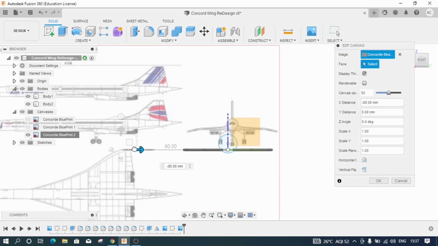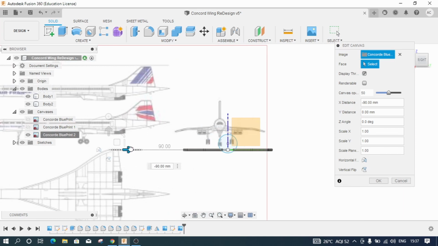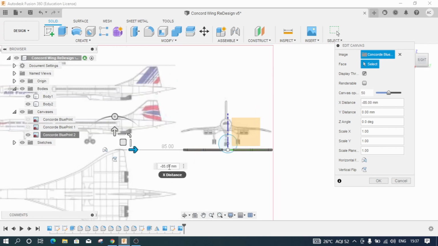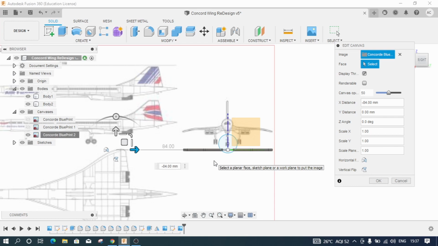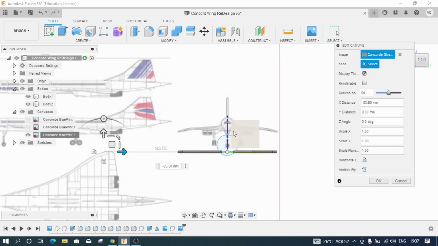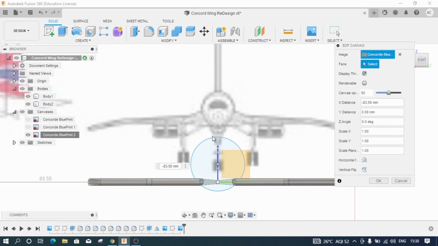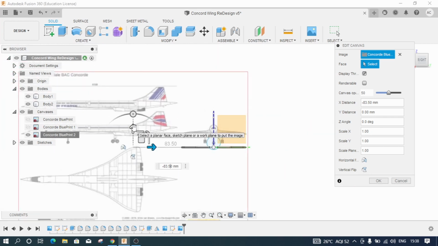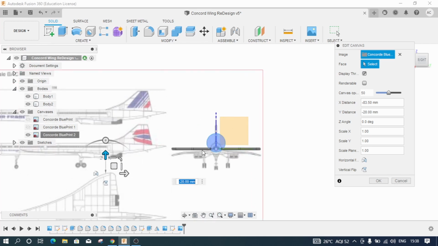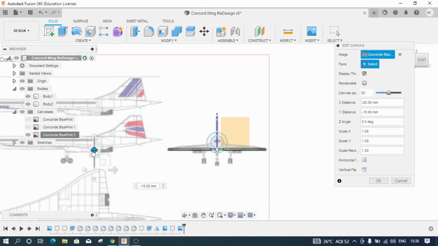I will move this image perfectly to its center, and you can see this is minus 90 mm, this is minus 80 mm. Let me try and give minus 85, minus 84, minus 83, minus 83.5. This is how you need to fine tune your distance so that it becomes a perfectly aligned object. And I'm fine with the distance, and let me bring this down, and minus 20 mm and minus 15 mm, it is getting snapped like this.